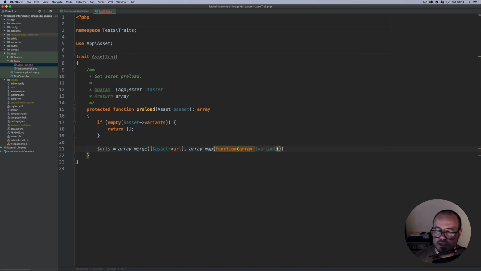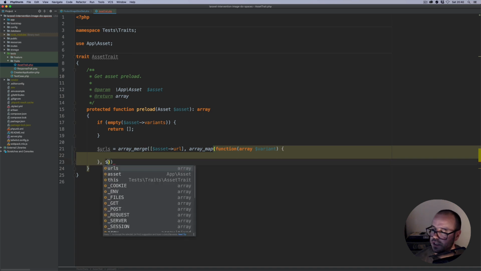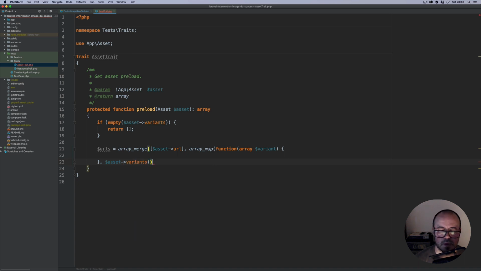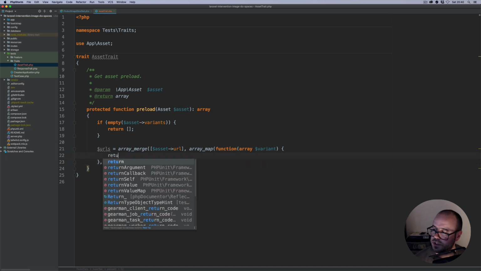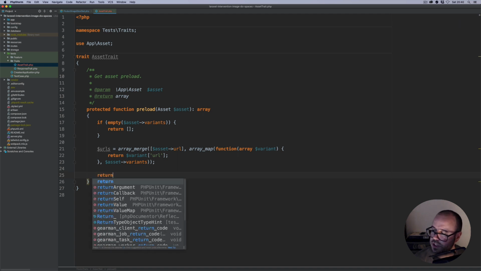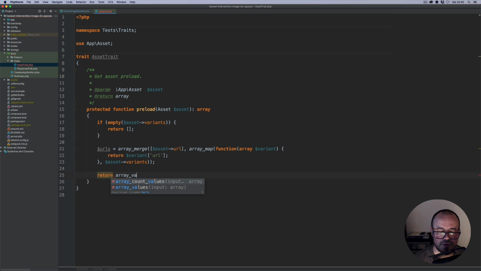Sorry, it's going to be variant with each iteration. And we are passing to it as a second argument asset and its variants. And here what we're going to return is variant URL. Because variants will be returned as arrays, we need to obviously refer to each index in the array manner. Okay, so now we have these URLs. We're going to return array values